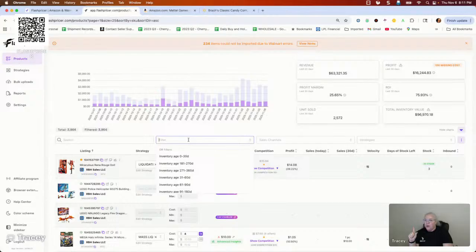I want to talk a little bit more about filtering again, because I think this is kind of an unsung hero of the product, because there's some real good data here if you really want to get into looking at maybe why things aren't selling, or maybe why things are selling, or what products are really selling. So we can go in here and look at, okay, I have less than so many days of stock of an item. That helps you with replenishments. My business isn't real big on replenishment, so I don't really look at that one a lot, but I could come down here and look at